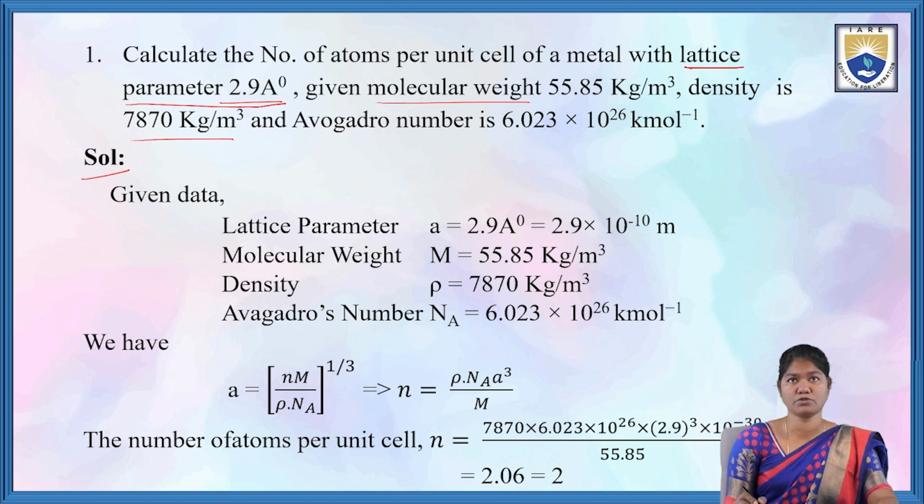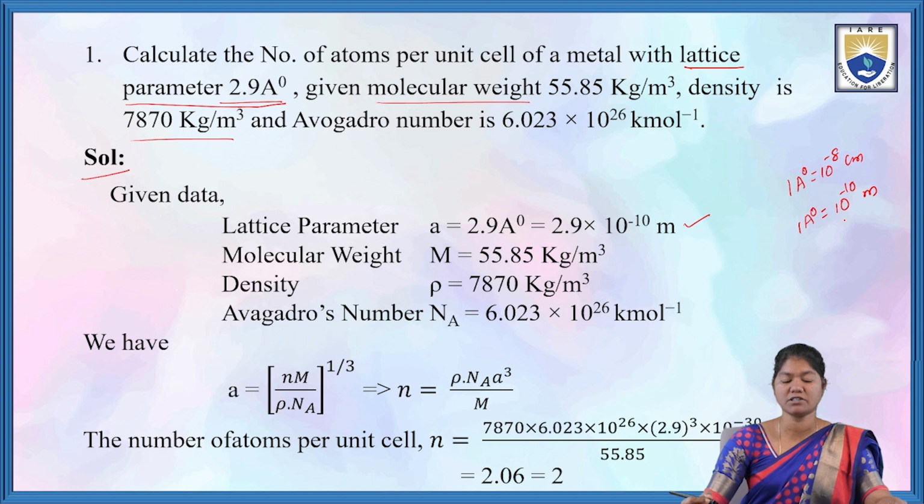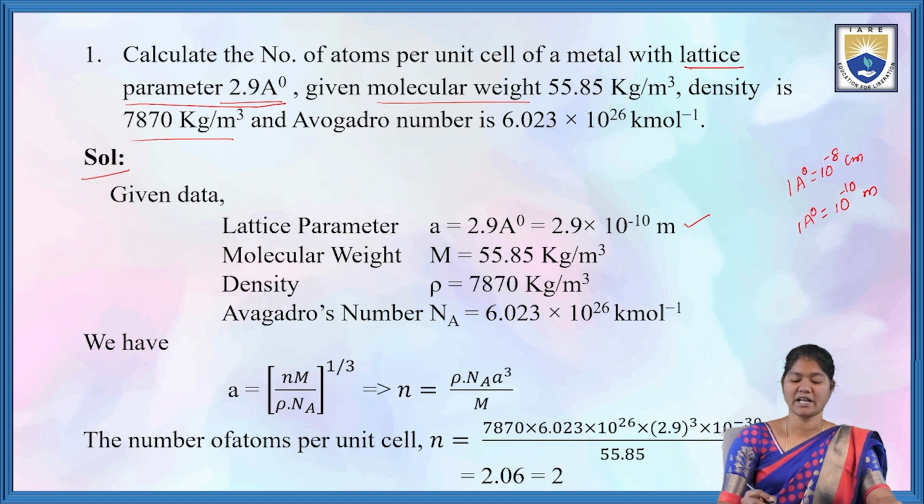So angstroms is converted into meters. 1 angstrom is equal to 10 power minus 10 meters when it is converted into meters. So 2.9 into 10 power minus 10 meters. So the lattice parameter A is equal to 2.9 angstroms, that is equal to 2.9 into 10 power minus 10 meters. And the molecular weight is given as